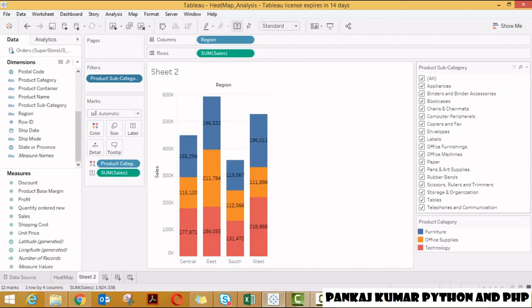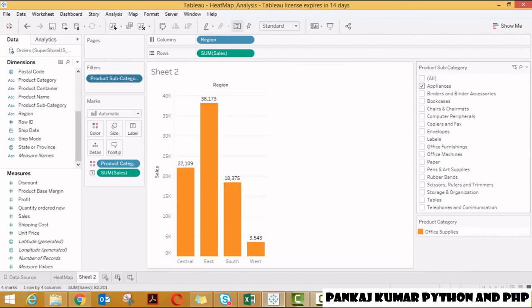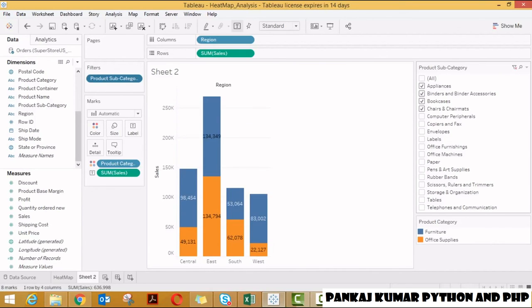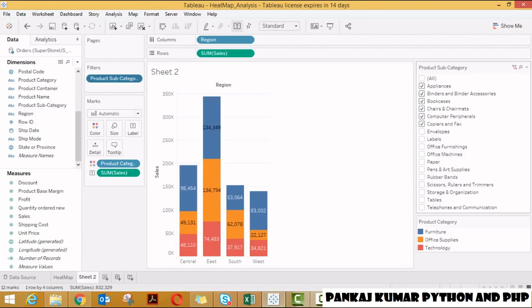For example, out of all the product subcategories, I want to visualize the data for only a few of them. So what I'll do is click on appliances. I want to analyze the data for a few product subcategories, so I select these, and the data will represent the same. This bar graph will represent the numbers related to only the subcategories I have selected.